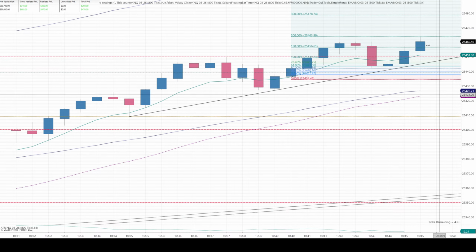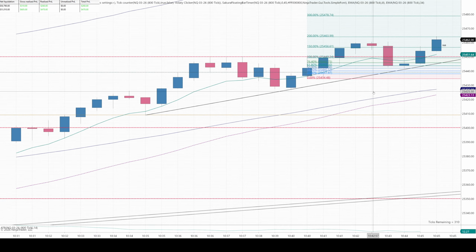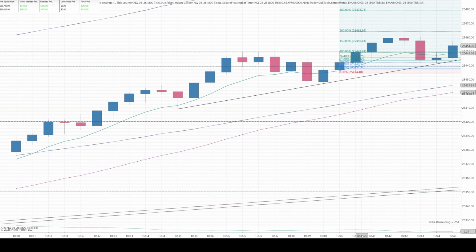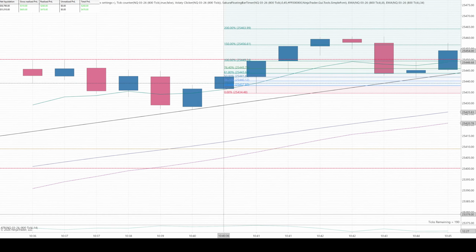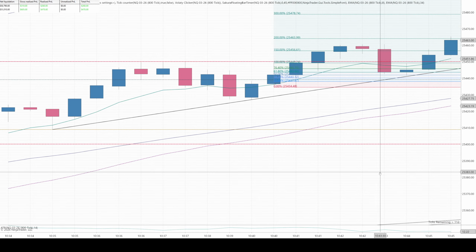If you guys were wondering why did I get in there, let me show you another way to trade the same type of candle. You use a Fibonacci retracement tool. You measure out the candle. Notice where we went. We pull back to 50% of the candle. This is called a 50% retracement. We literally went down to the 50% mark and rallied back up. I just noticed that pattern happening over and over and over.